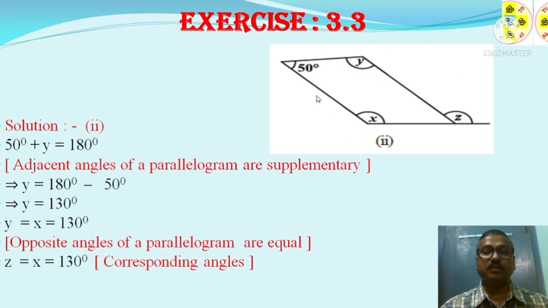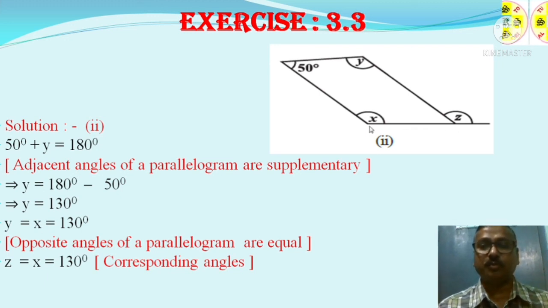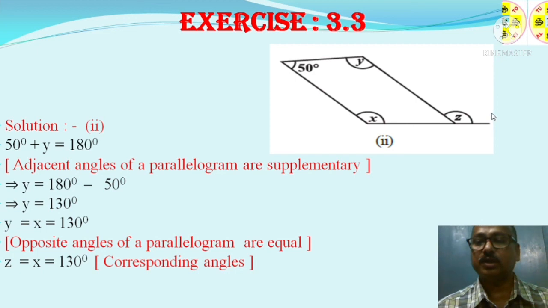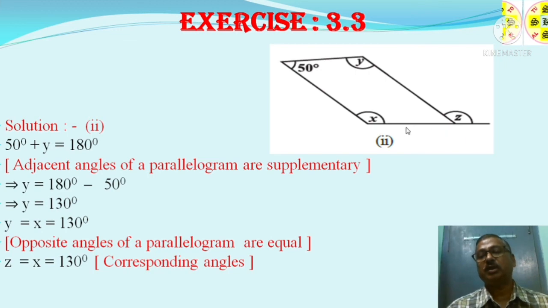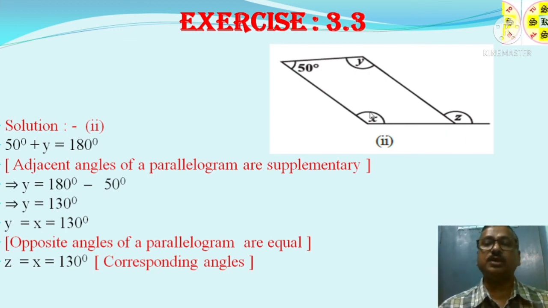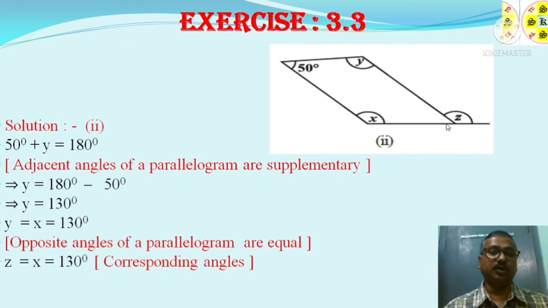Here the names A, B, C, D are not there, so no need to write them. So they are the corresponding angles. See, this is a parallelogram, opposite sides are parallel, and this is the transversal. These are extended parts. So this angle and this angle, angles on the same side of the transversal, are known as corresponding angles. So x equals y equals 130 degrees, and z equals x